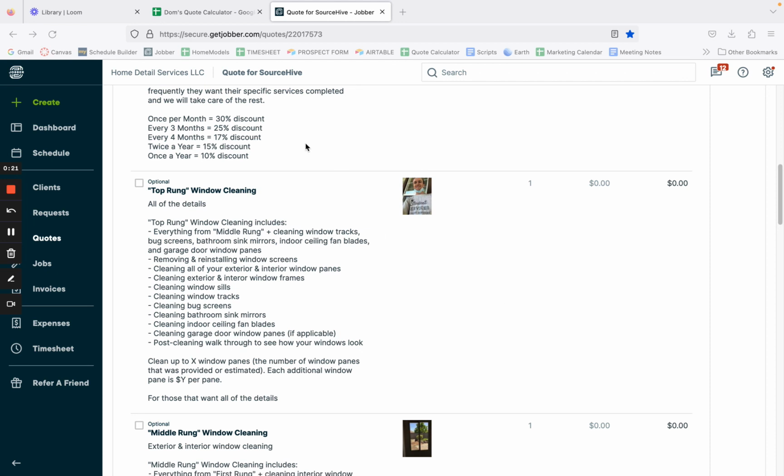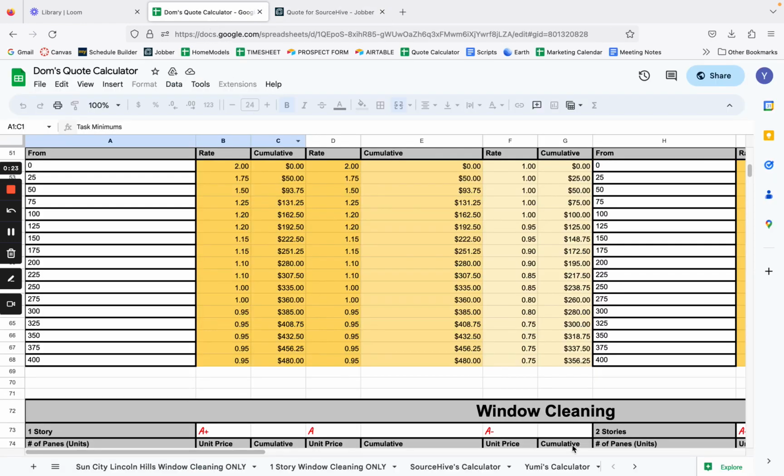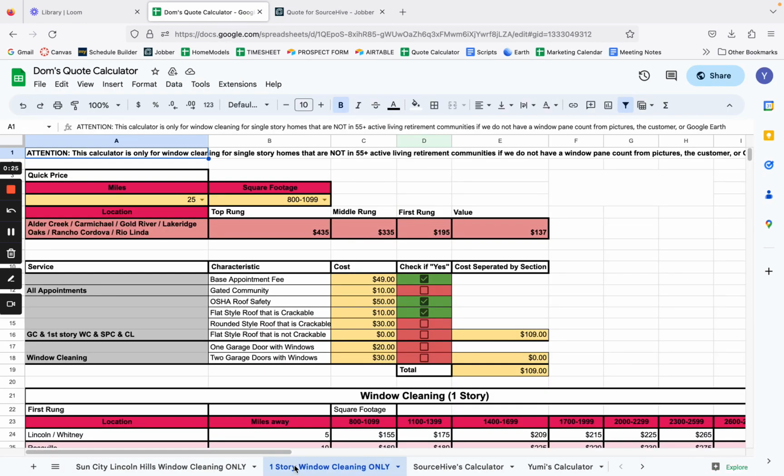For example, when it's a one-story house. So as it says at the top, this is only for single-story homes that are not in 55 plus active living retirement communities because we have calculators on here to be able to do those already. And this is basically a last resort. So if we absolutely do not have the X, we don't have the number of window panes, but we do